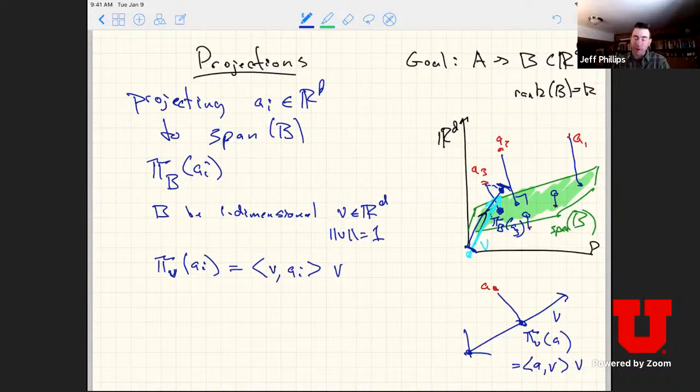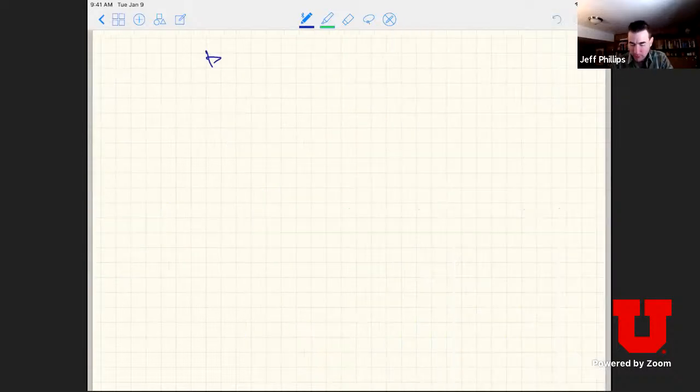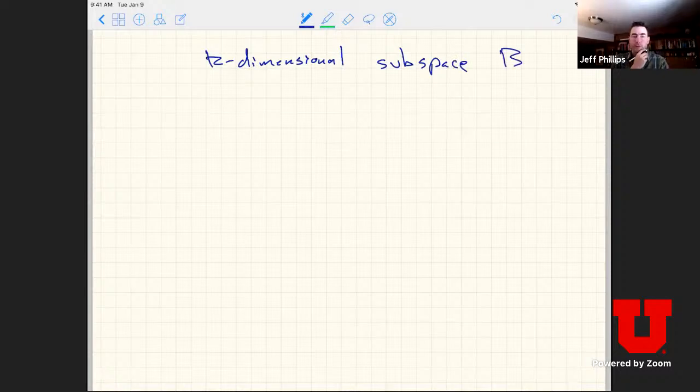Okay. So how are we going to solve this in general? Now for a k-dimensional subspace B, we're going to represent this not just by one vector V, but by k of these vectors V. We're going to describe this set of vectors, which we'll call an orthogonal basis,